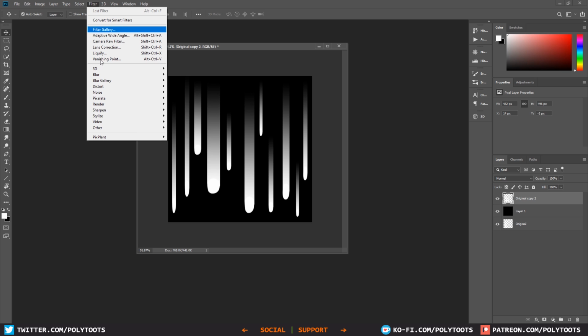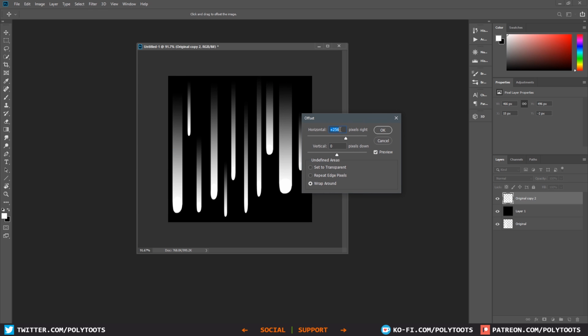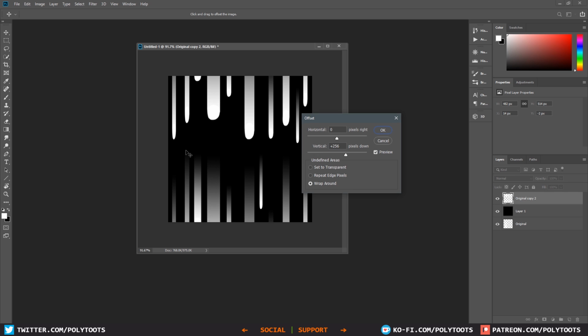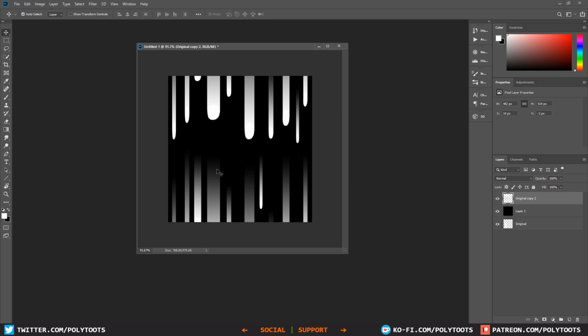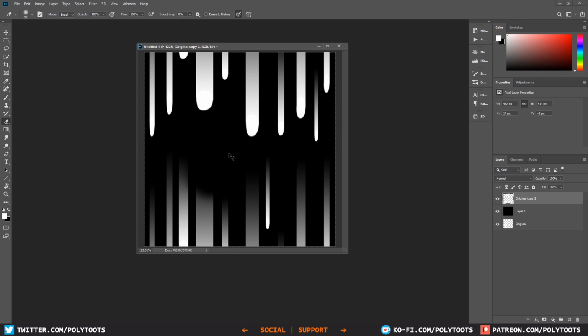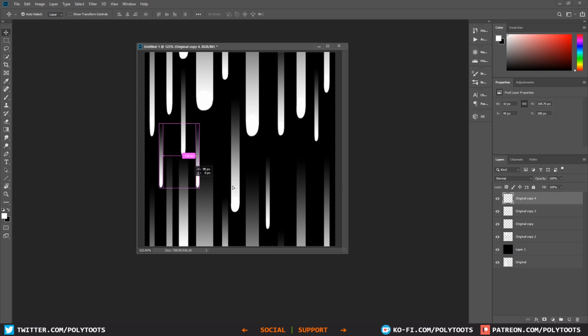And then you can use this offset filter. Since we know that this is a 512, we want to offset by 256 on the vertical. So now it will move that whole layer 256 pixels down. So now we can actually put in some more rain streaks in the middle portion here. This will help with the tiling and make it a little bit less obvious. If we just had it as it was before, there would be a very obvious gap in our texture as